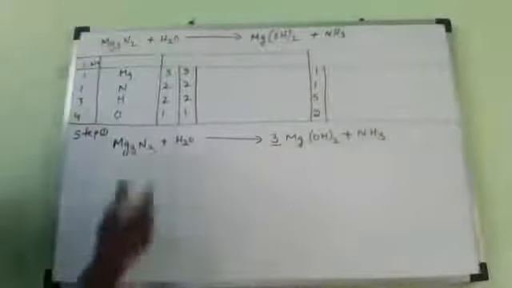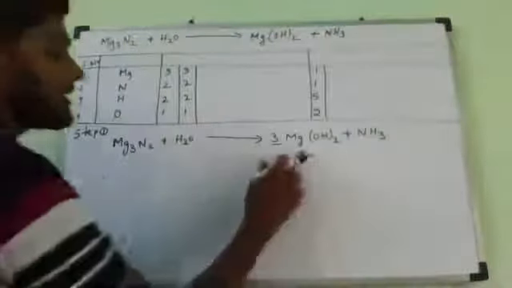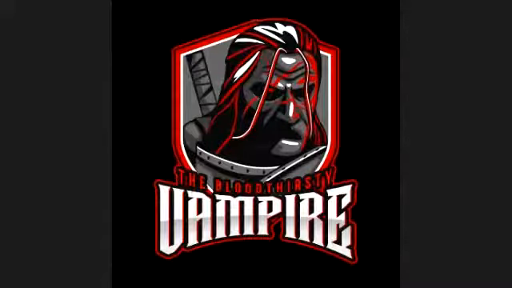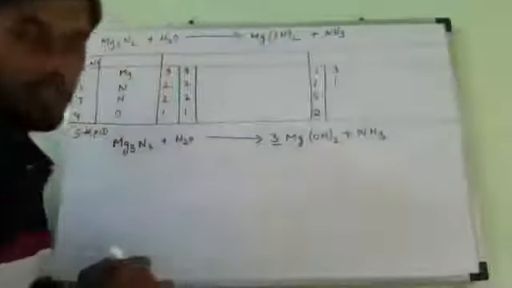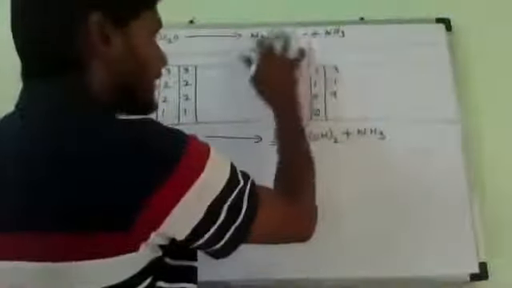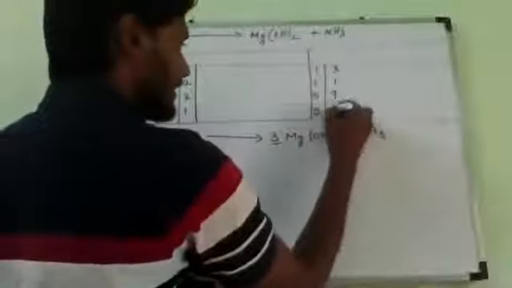Now tell me the number of atoms on the product side. The product side is changing; we are not only changing magnesium, the remaining also change. Magnesium 3, nitrogen 1, hydrogen 9, oxygen 6. Very good. Hydrogen 9: 3 twos are 6, 6 plus 3 is 9. And oxygen, 3 twos are 6. Is it correct or not? Yes, sir.